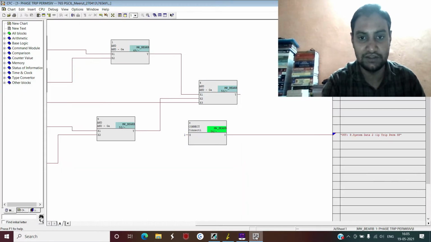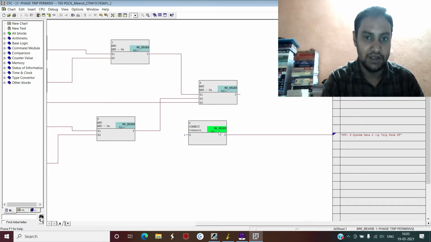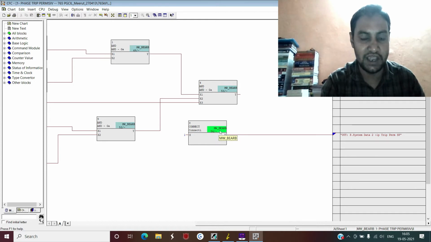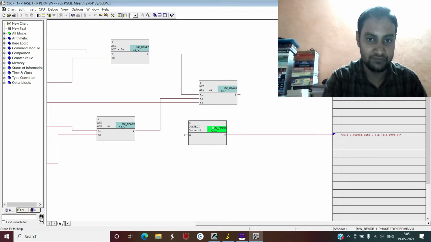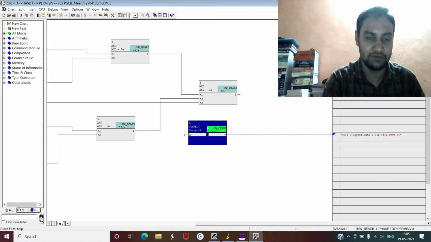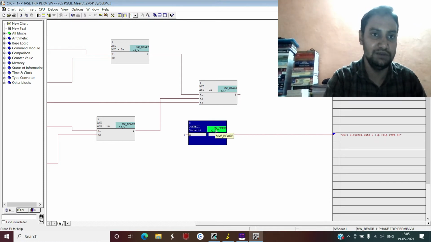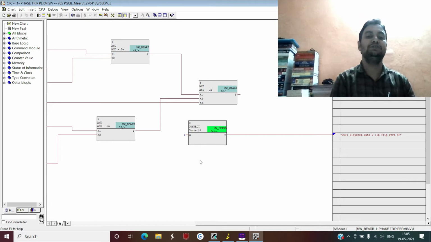Now there are some other things which you must understand before we can move further. If you see in this gate, there are two sides. One side is X and another is Y. X is for the connection of the input. Y is for the connection of the output. There is one smaller thing mentioned here in the green tab, and this is MW BARB. MW BARB means measurement.